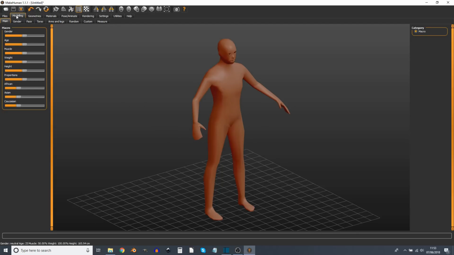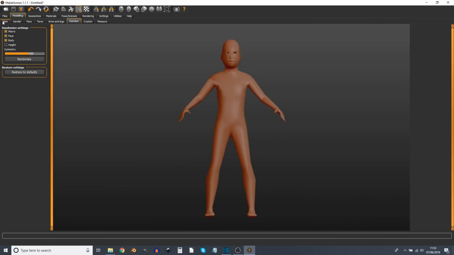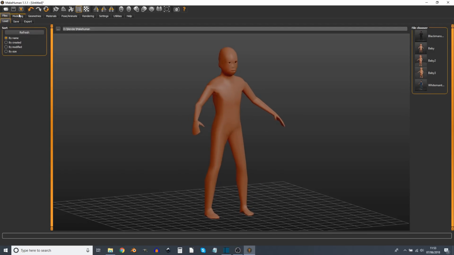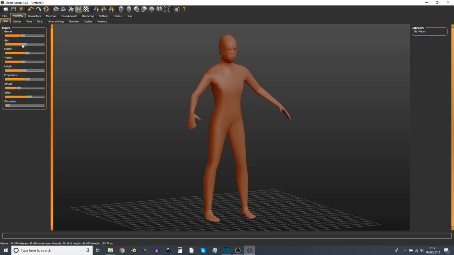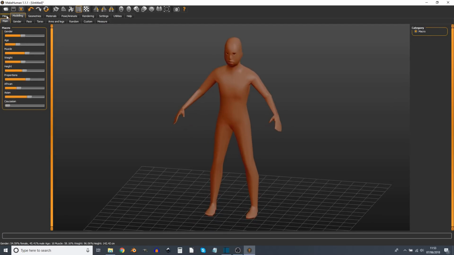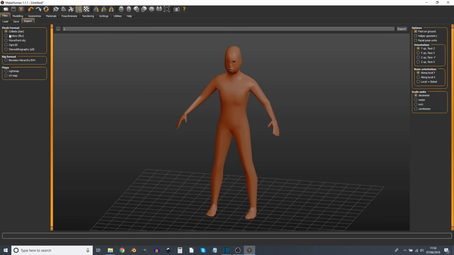And now we just want to generate a whole load of random people, and so we can use modeling, randomize. Only I'm not actually sure if I want children in this crowd, so we can go back to main and bring up the age to, we'll have them like a teenager, and then files, to export an FBX file,